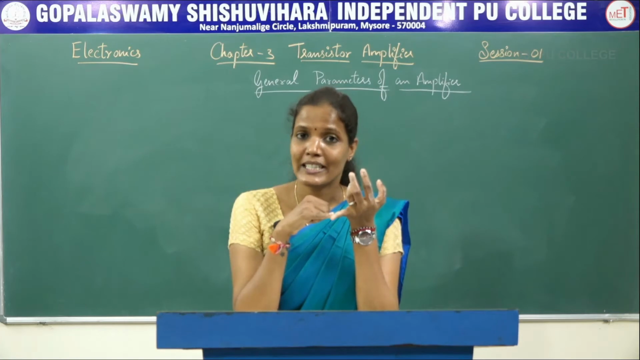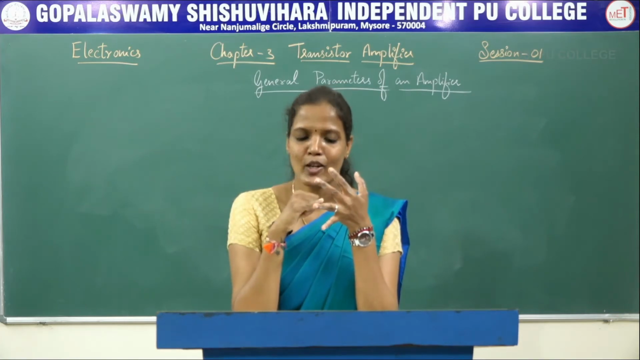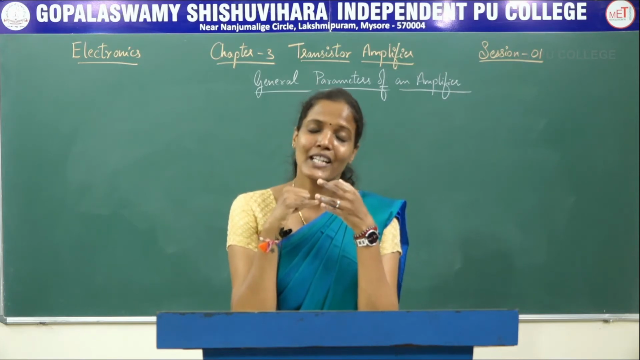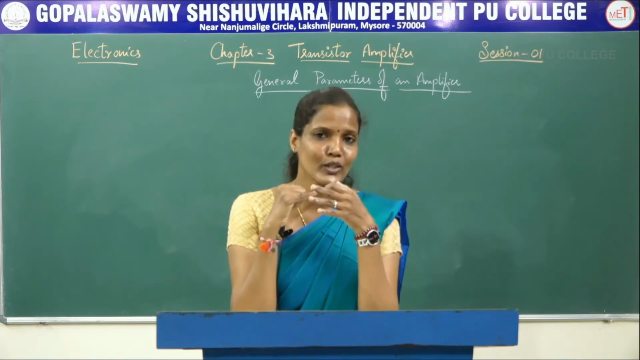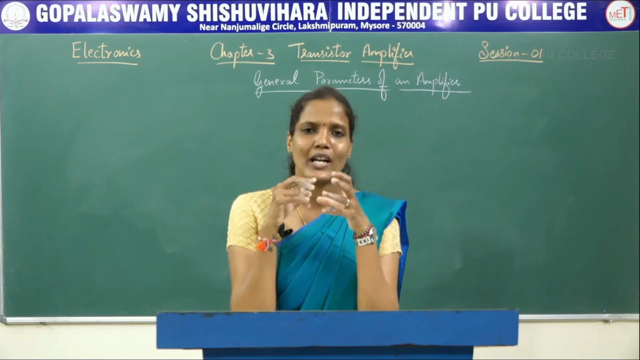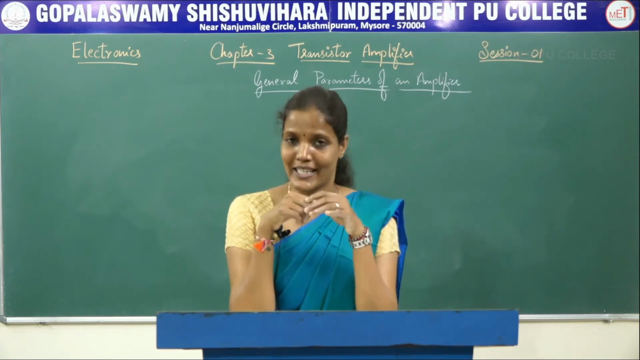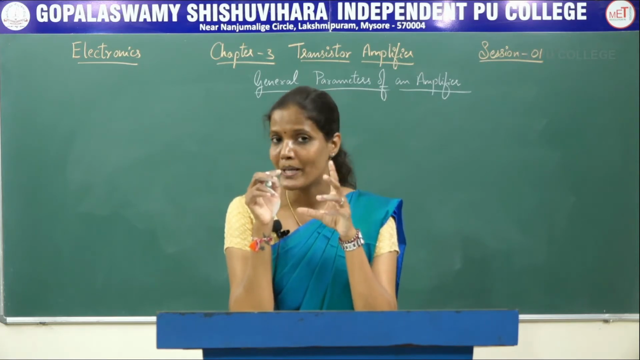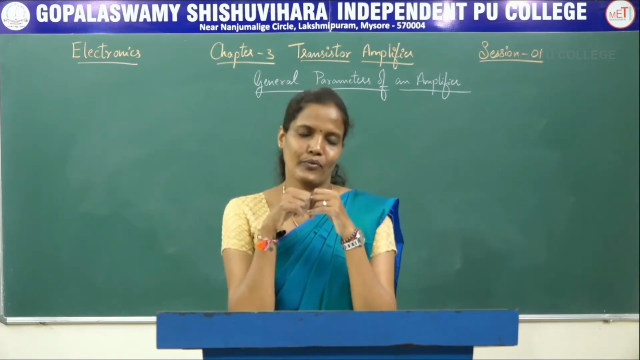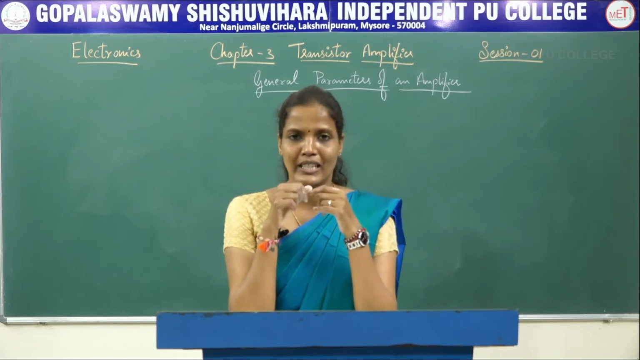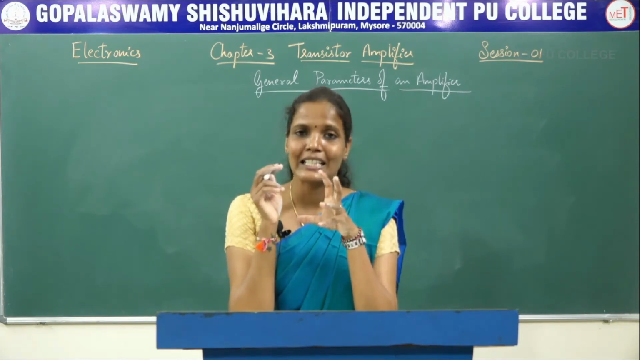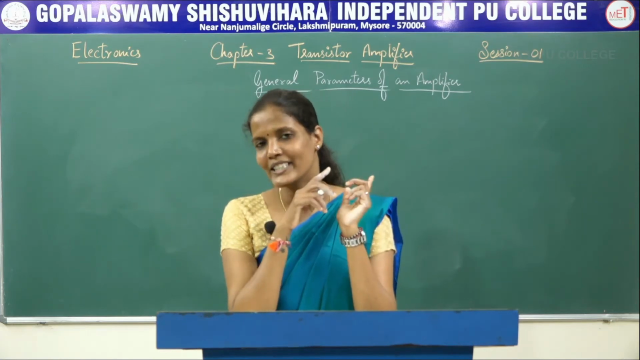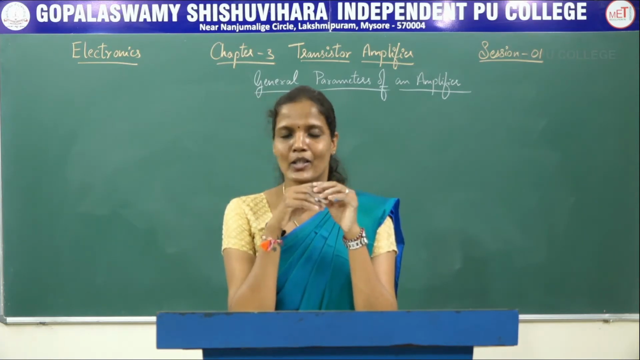One is the common collector configuration, common emitter configuration and the common base configuration. Out of these three, we are going to select any one of these configurations in order to use our BJT or the transistor as an amplifier for a specific application, based on the characteristics of that particular configuration. In order to select the right amplifier, it is very necessary to understand the general parameters